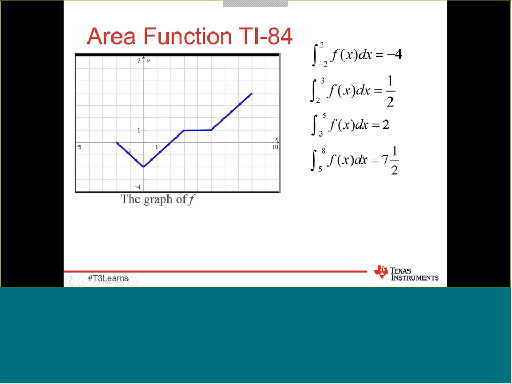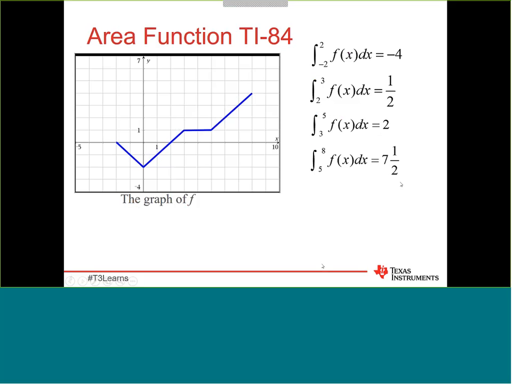So actually we're just doing pieces, chunks. We do this triangle, we do this little triangle, we do the area under that little constant function, and then we do this little trapezoid. And we talk about it. And then I start building that accumulation idea. Well, what if I wanted the definite integral from -2 to, instead of +2, go all the way to 3, or -2 to 5, or what if I wanted -2 to 8? They begin to see that it connects to those properties. So this is adding adjacent sections and getting the integral of the big section. And so they really attach to that.